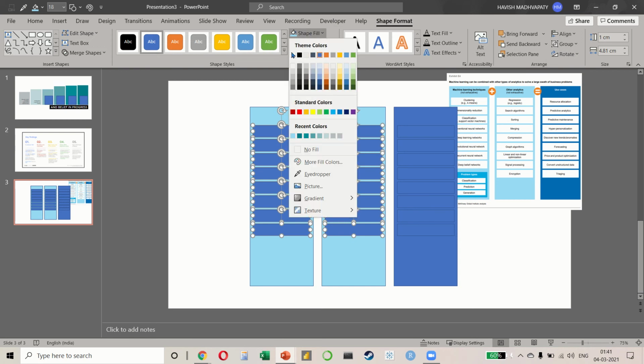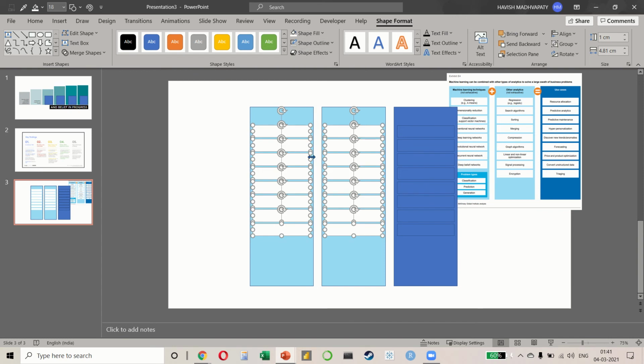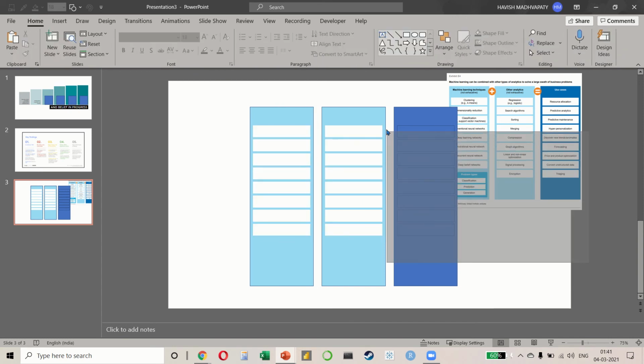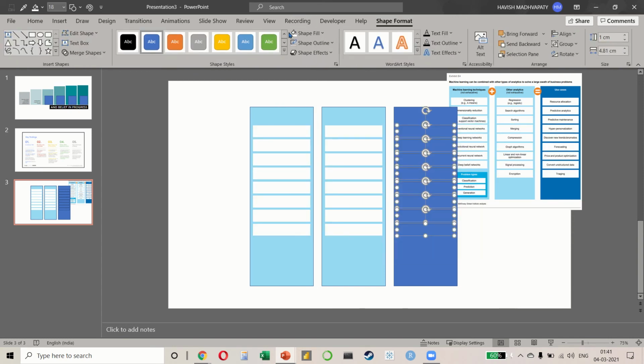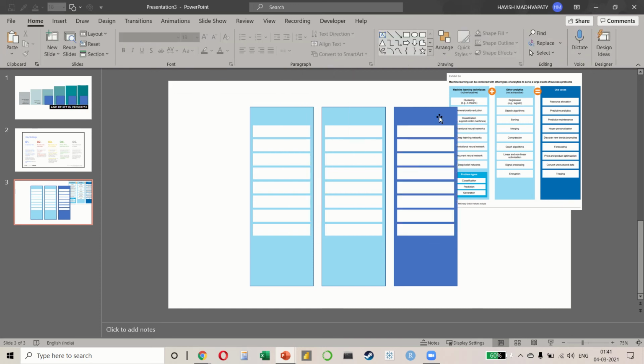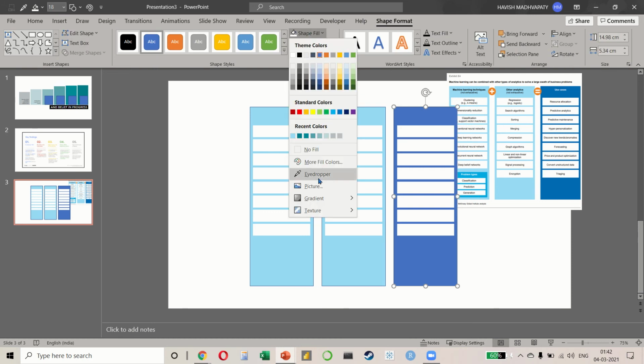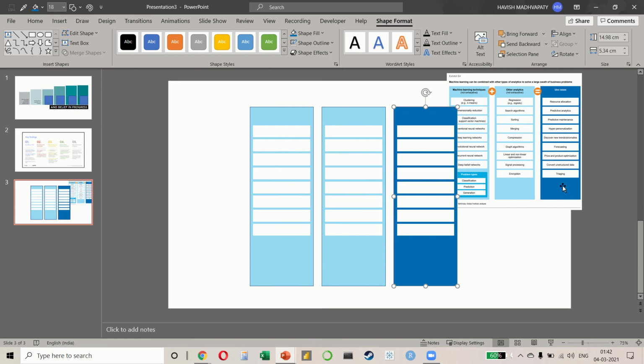Here we can simply select a white, and the shape outline will be no outline. Select these once again, shape fill white and shape outline, no outline. And then this large vertical rectangle will be eyedropper and this shade of blue.